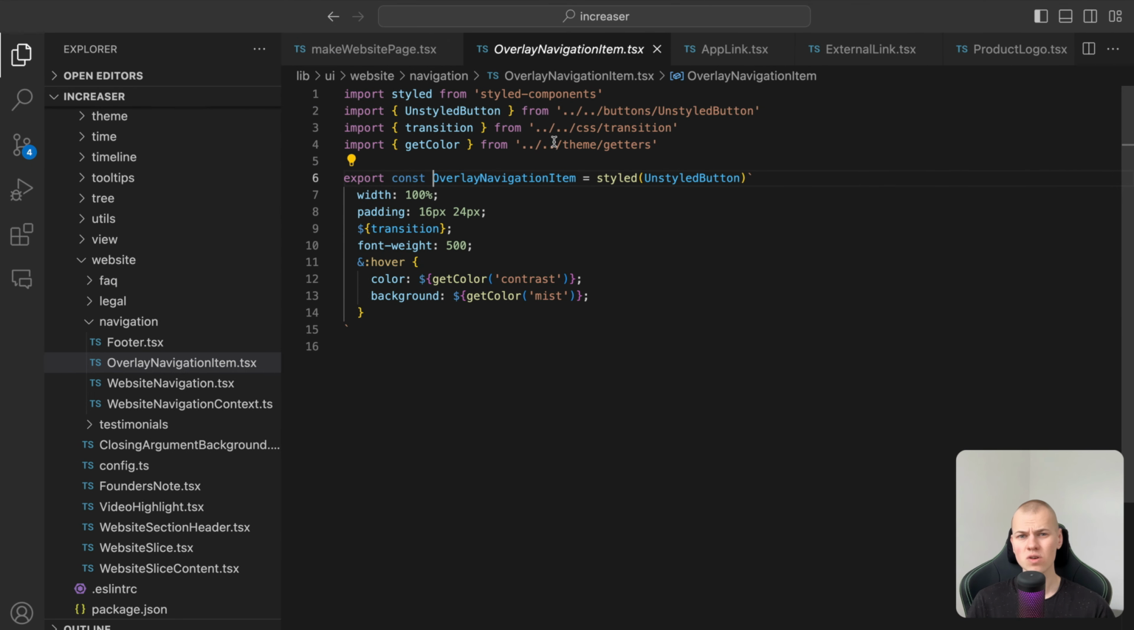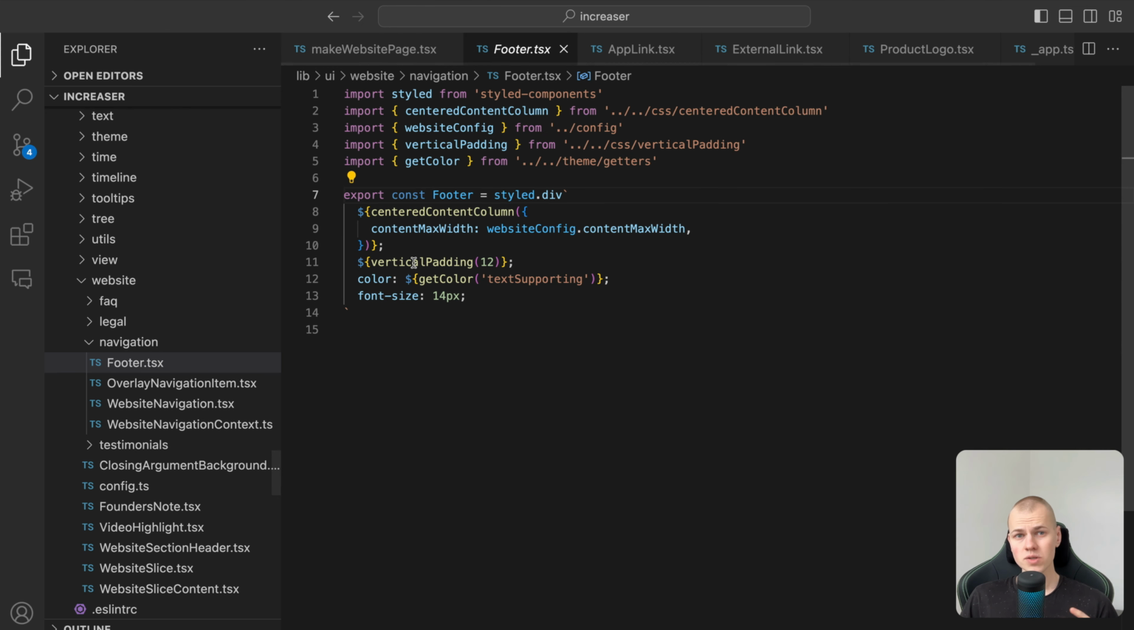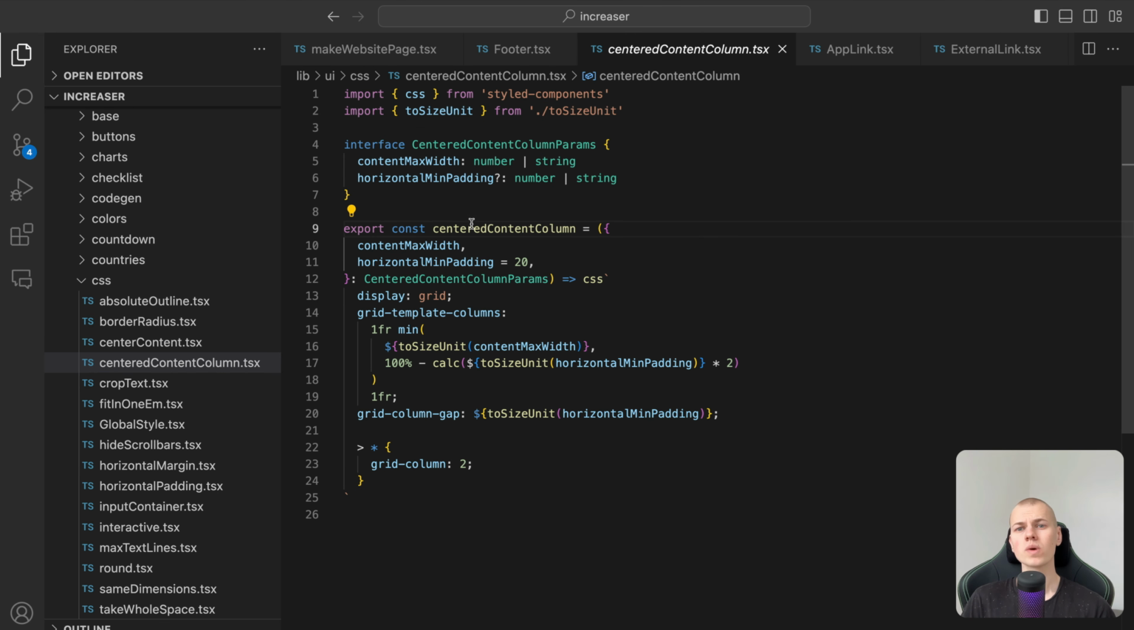The centered content column is a foundational CSS helper crucial to our website's design. It allows us to define a maximum width for the content while offering the flexibility to let certain child elements occupy the full width of the page by adjusting the grid column property of the child elements, which we default to the second column. Utilizing the min CSS function, the content adapts to take the entire page width if the content max width is less than the available space. This approach is instrumental in ensuring that the content is neither too wide on large screens nor too narrow on